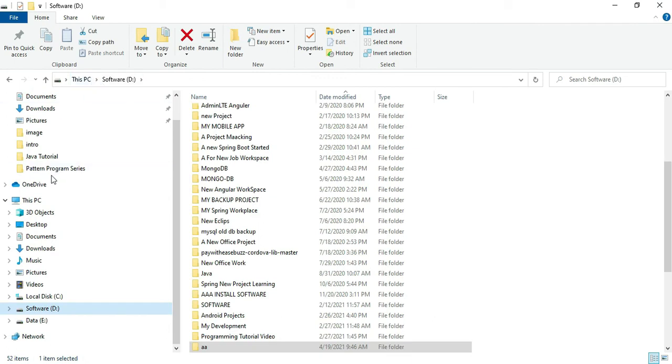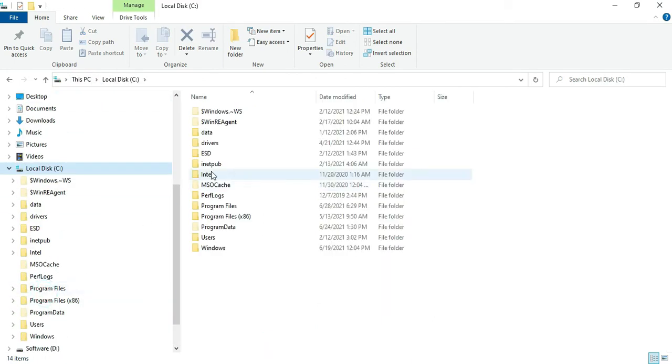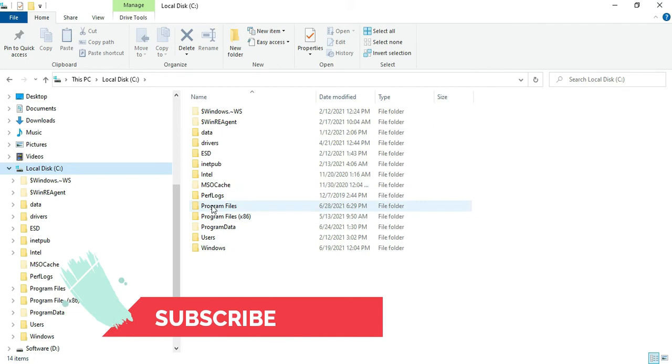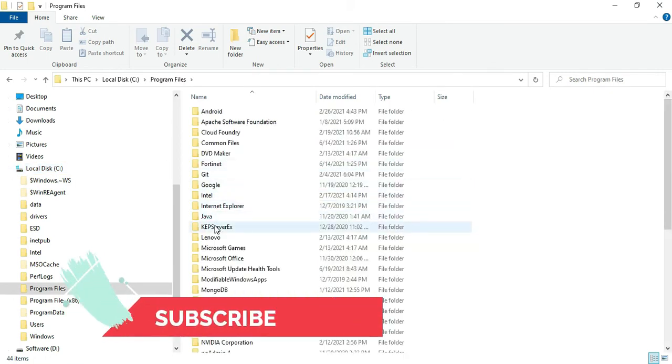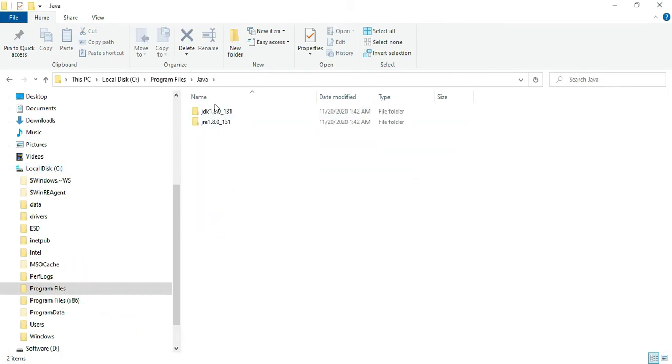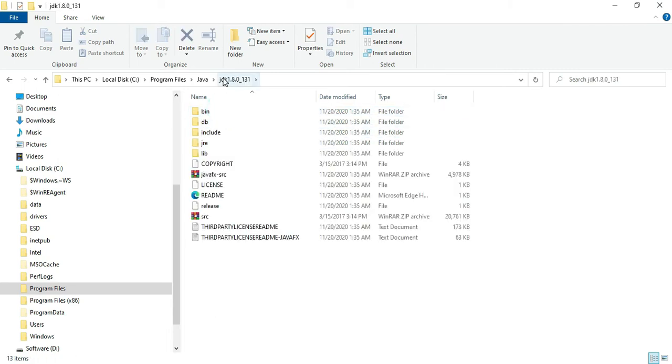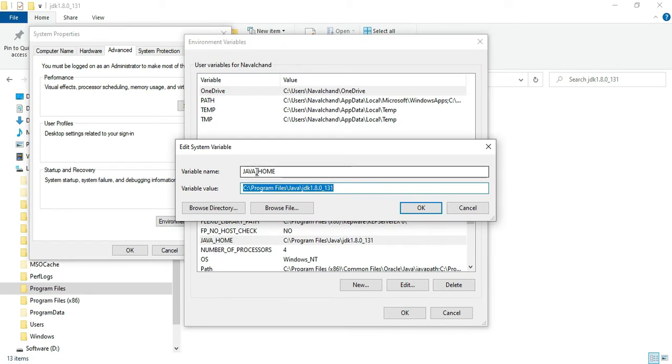In Program Files, you can see we have a Java folder. In the Java folder we have two folders, JDK and JRE. We'll open this JDK and copy this path, and I'll put that path in JAVA_HOME.